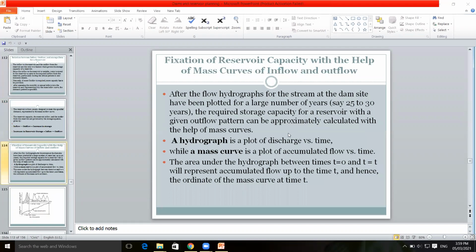And the third is the determination of reservoir capacity from the given demand line. In the exam, they may ask any one method. So the mass curve of inflow is very